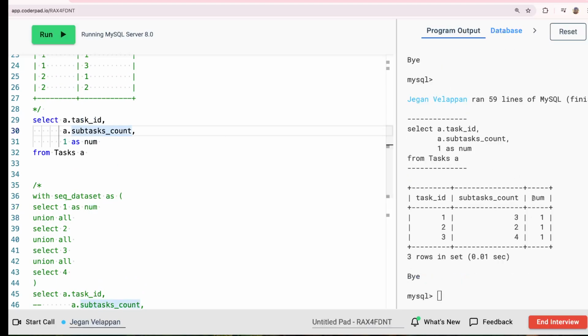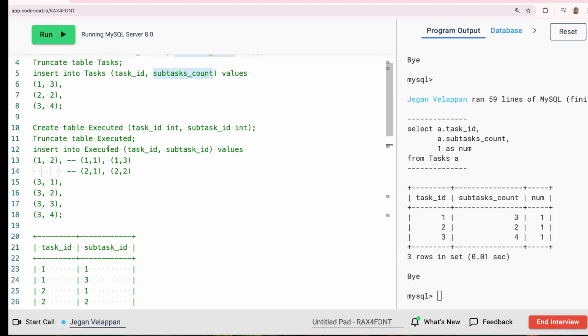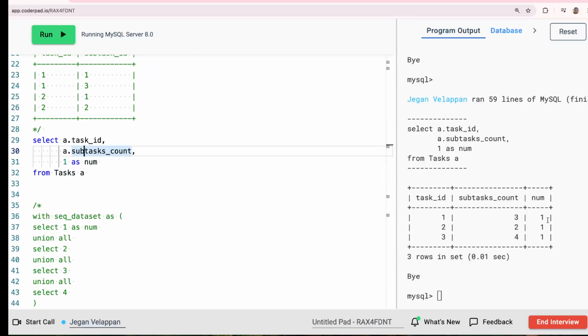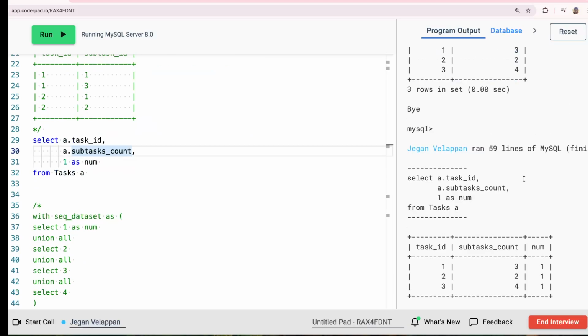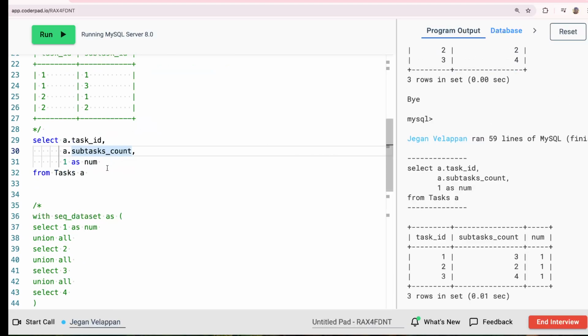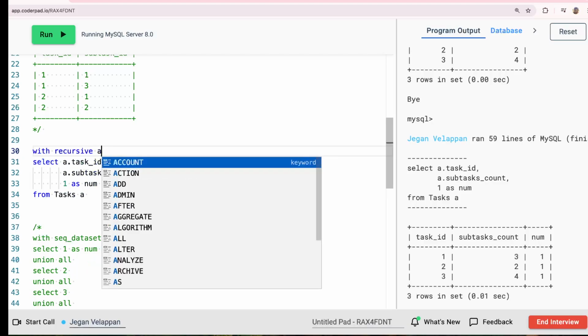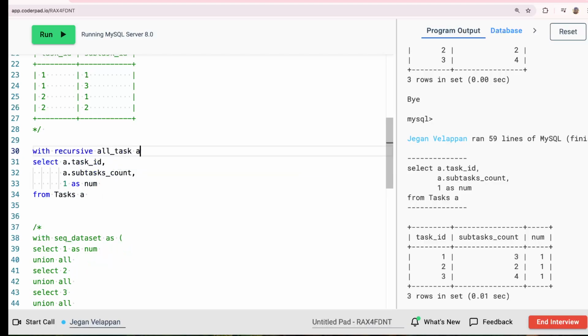Now run this. I got the num for whatever the task I have, 1 2 3. I got the num as 1. Now I have to go with 2 3 or 4 based on the count. So what I'm going to do is create a CTE table which is recursive, the keyword is recursive, all task as all subtask, right? All subtask as this. I just have the first one,